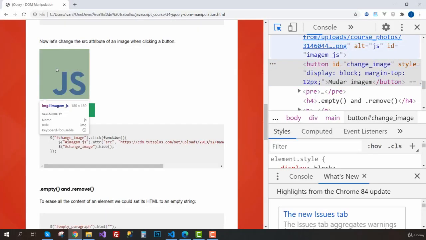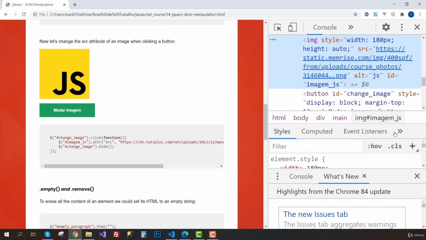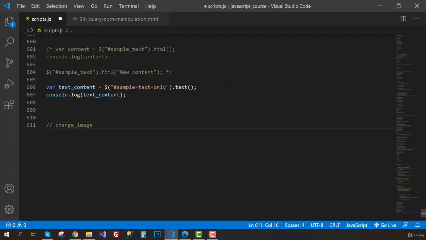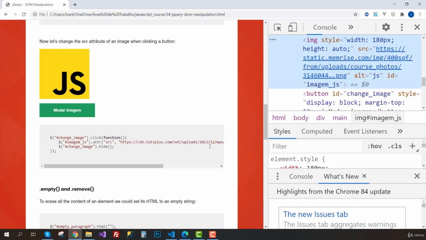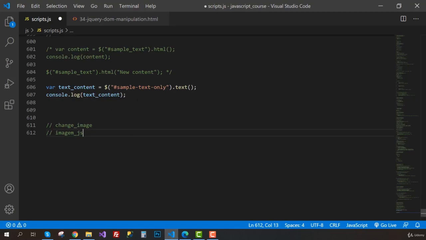And the image that we want to change has an ID of image or imagem. This is in Portuguese, so image.js. Let me just copy this. Alright, so before going ahead and getting a new image, let's just prepare the structure for this. So going to Visual Studio Code,